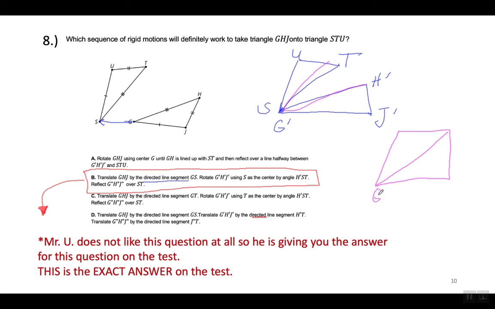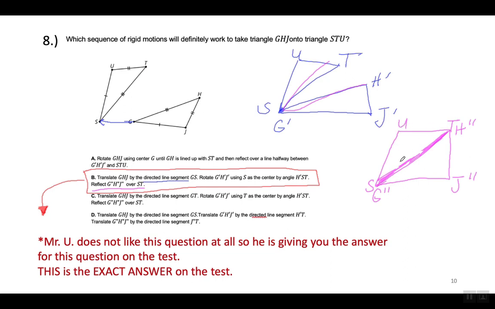Y aquí estaría G', J', H', la T también está aquí, U y S. Y el último paso es reflejar la figura, el triángulo G', J', H' sobre esta línea, la línea ST, reflejarlo para que esté encima del triángulo SUT y que luzca igualito,